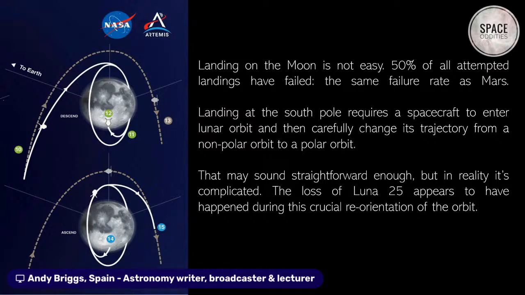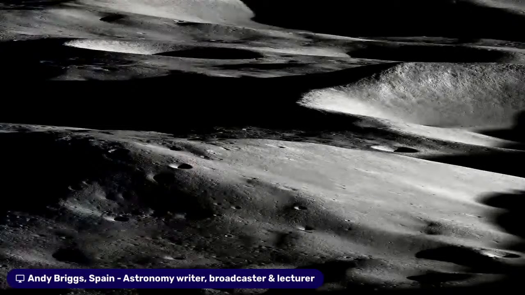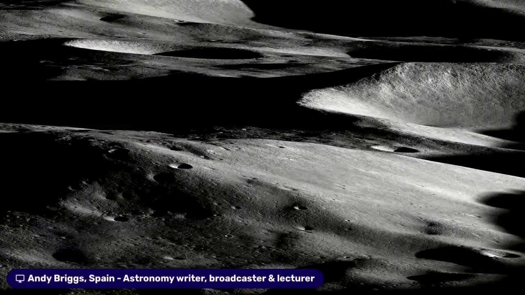Sounds easy, but actually it's quite complicated. And the loss of Luna 25 appears to have occurred during this crucial phase of changing the orbit into a polar orbit, ready for landing. We don't know exactly, but it looks like that's what happened. So it's not easy. But if everything goes well, this is the place on the moon in late 2025 where